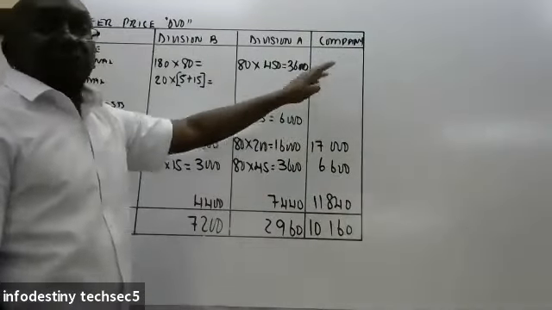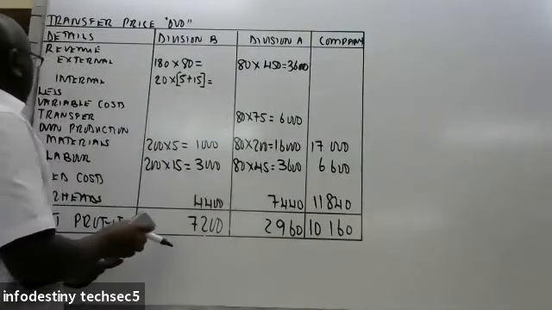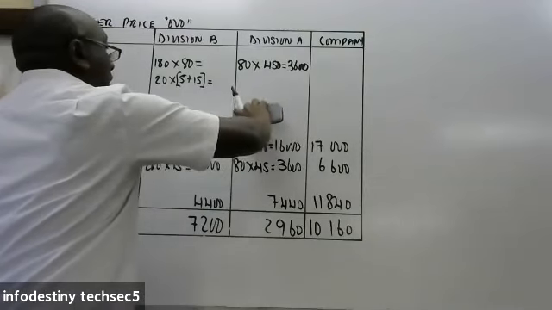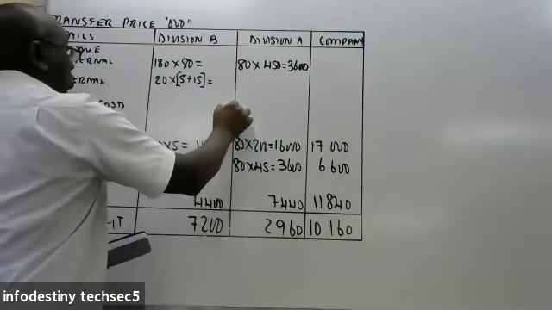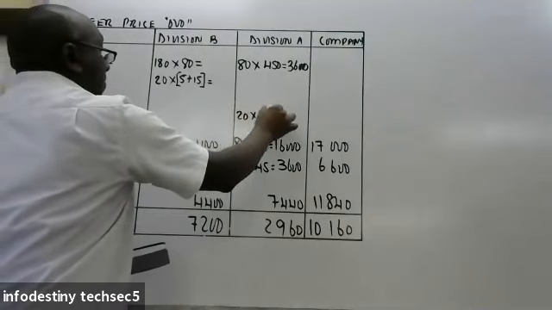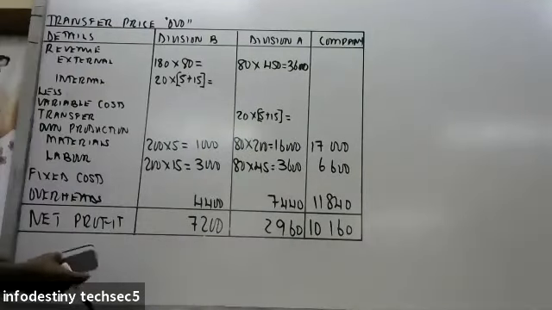So this one will have to change because of this one. Then we are going now to factor only this 20 times 5 plus 15. That is what we are going to factor. And then,